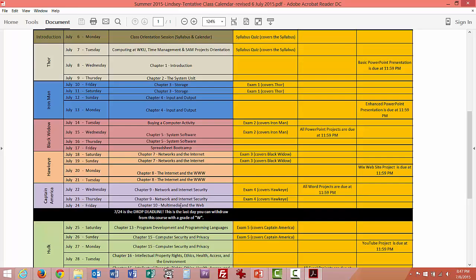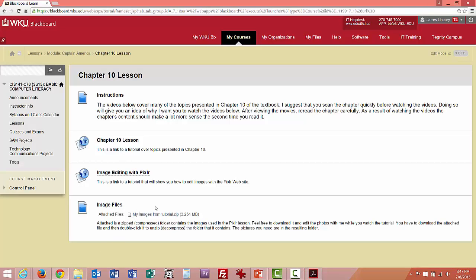One of the things I wanted to mention and teach you about was basically images, how to work with computer generated pictures and how to edit those, how to do things to change contrast and crop things and all that sort of stuff. I'm going to teach you that through this lesson right here in Blackboard called Image Editing with Pixlr, and you'll see that there is a zip file right here that's part of that lesson. This is a zipped file. You see the file extension is .zip. You may not have worked with one of those before. Let me show you how to